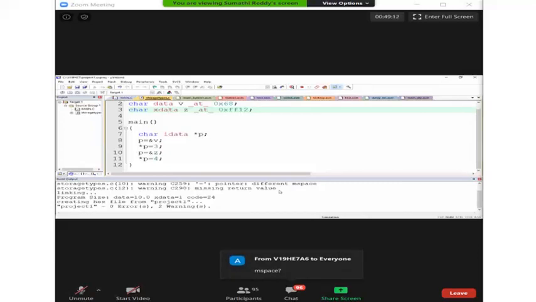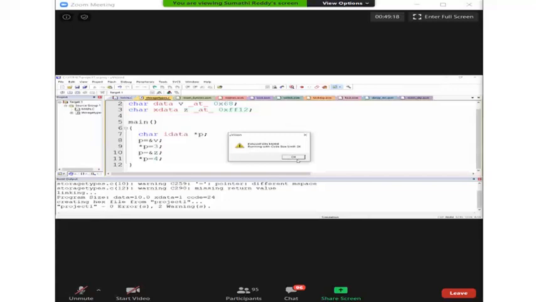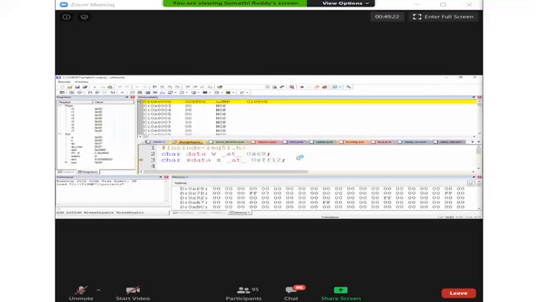But here, you have to consider a few warnings. See, let me go for debugging. You may think that it is a warning only, so I can go for accessing.